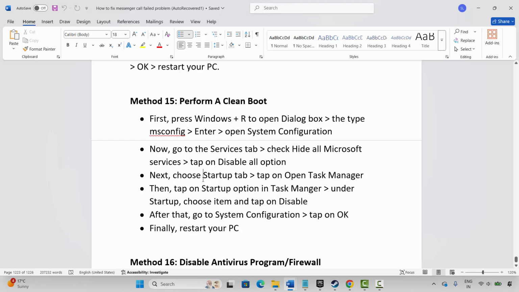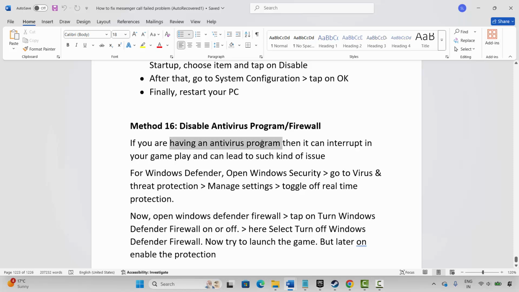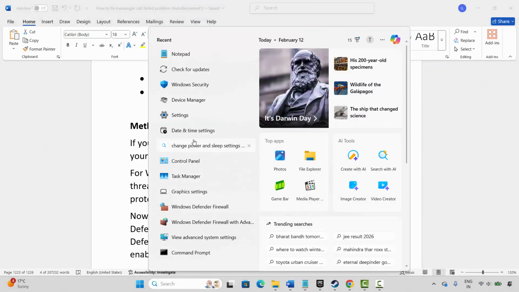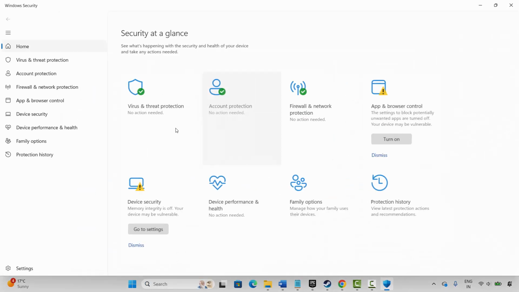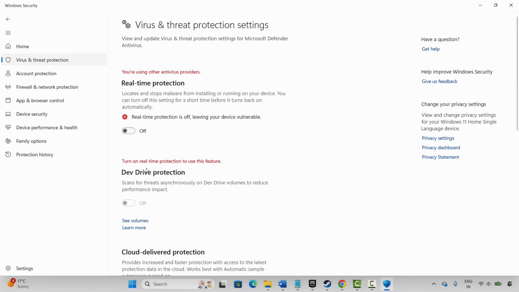and then check if the game is opening or not. If not, next is to disable antivirus program or firewall. If you have an antivirus program, then it can interrupt your gameplay, so you have to disable it. What you need to do is go to the Windows search for Windows Security. After that, click on Virus and Threat Protection, click on Manage Settings, and here you have to turn off real-time